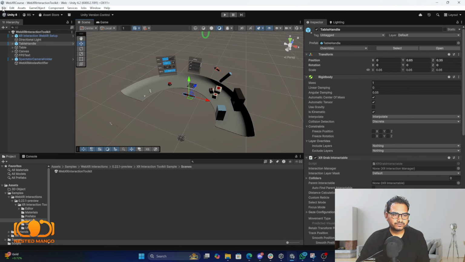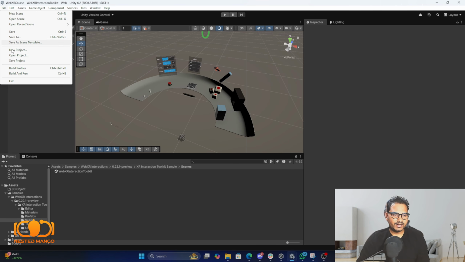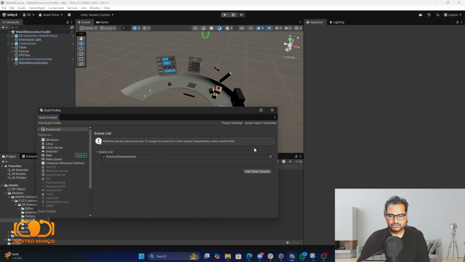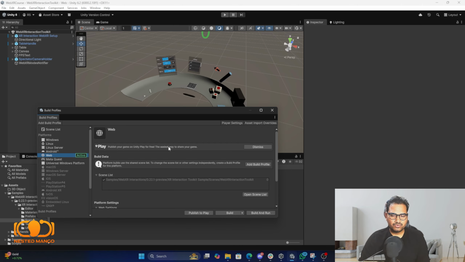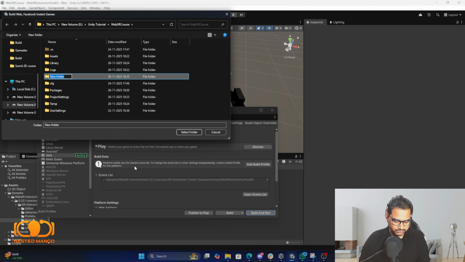So what we have to do is make sure that you are in this scene, and we have to add this scene in the scene list to check that everything is working fine. So just add this one and delete this one. Okay, and now go to the web and do the build and run. So let's do it, and if all is okay, it is going to just work in your browser. So do the build,